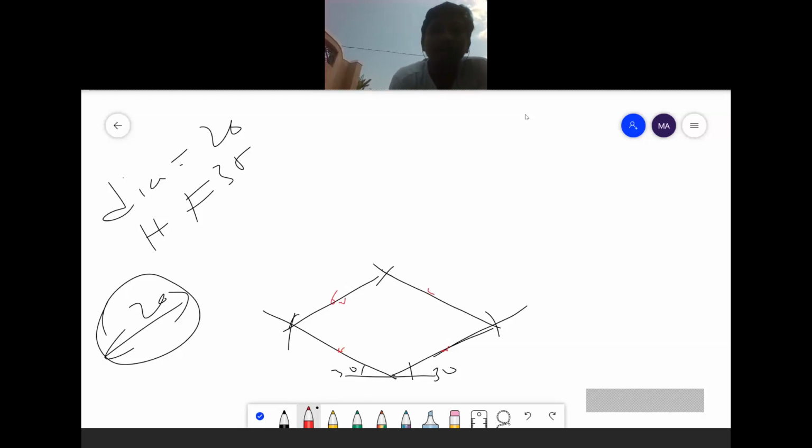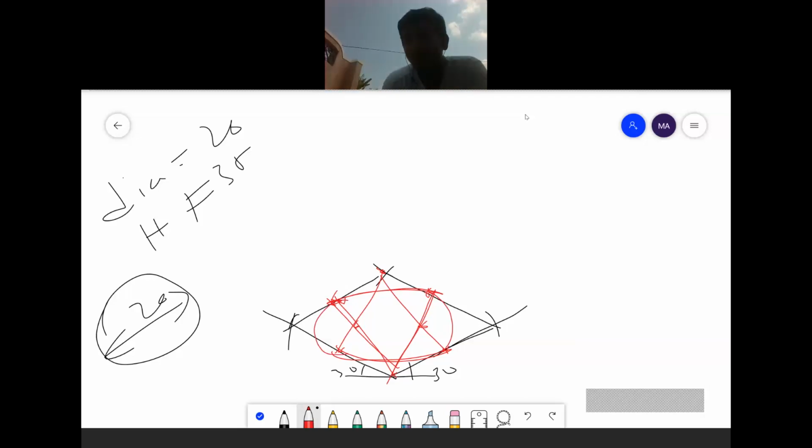Then from the top vertex I am joining these two centers, and from the bottom vertex I am joining these two centers. After that, this has a center and this has a radius, so I will draw one arc like this. This has a center, this has a radius, I will draw another arc. Again the same for the others. Understand? Just you are constructing a circle.